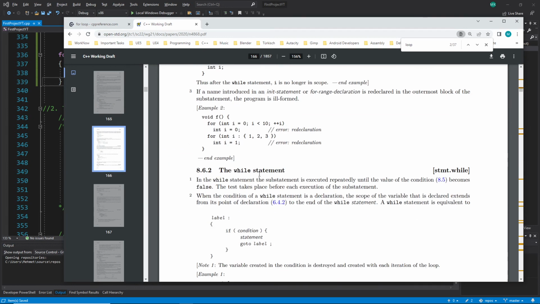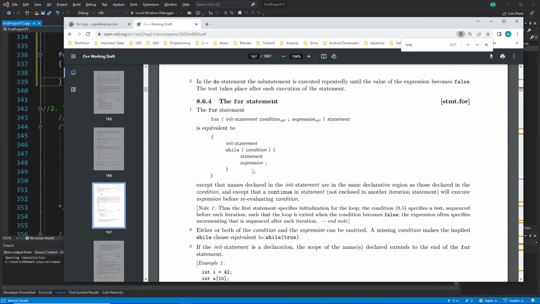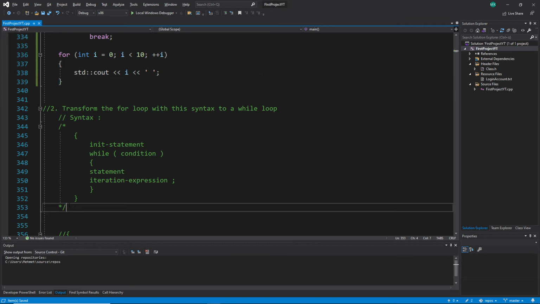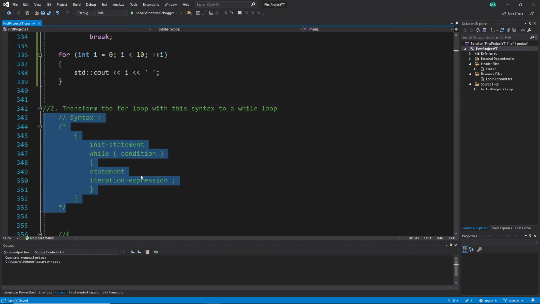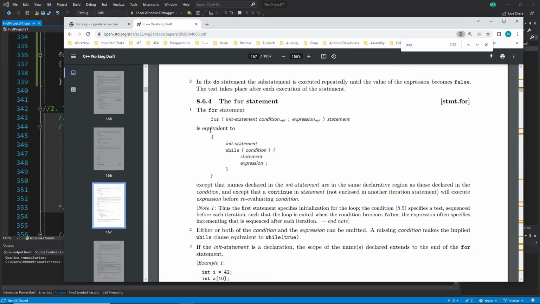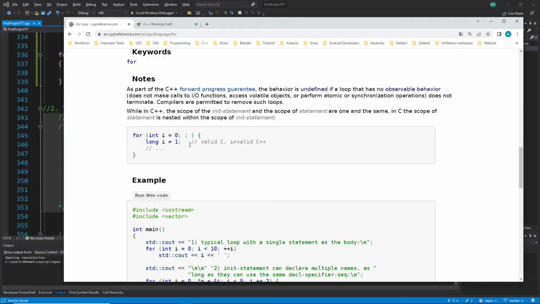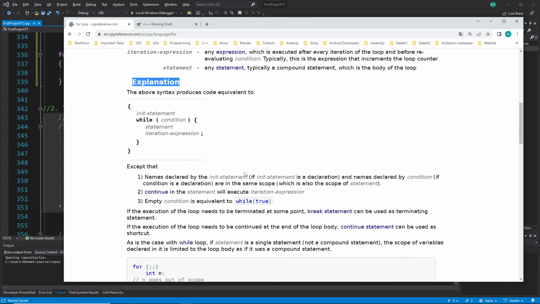When we go here to the while statement, no, let's go to the for statement, and here is equivalent to this one, for example. And you can see this one here, I have it from cppreference, but you can see here I have it here also. The reason for that is, like I said, they just copy from the official paper. This one is the official papers, and this one is similar, a little bit easier. I think they're more